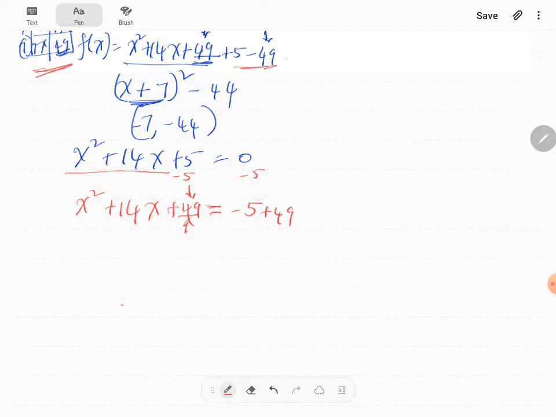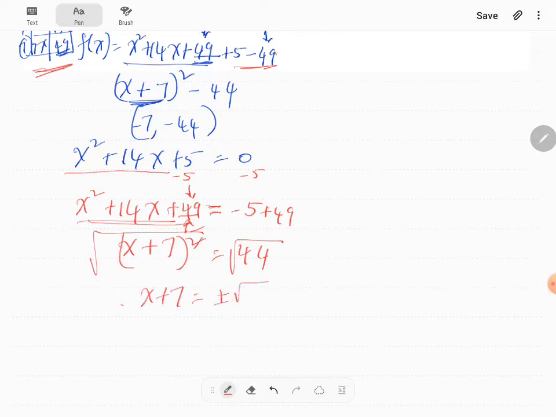Earlier we subtracted it because it's on the same side. But here you have to add on both sides. That's the only thing. So x squared plus 14x plus 49. Now this would be x plus 7 squared as we did before, and 49 minus 5 is 44, right? So now we will apply square root on both sides because we want to remove the square. So this will be x plus 7 equals plus or minus square root of 44,